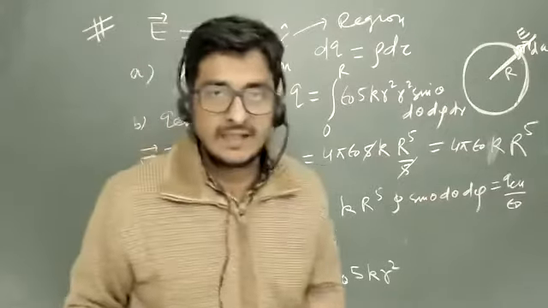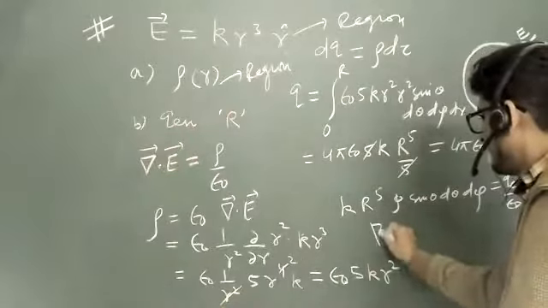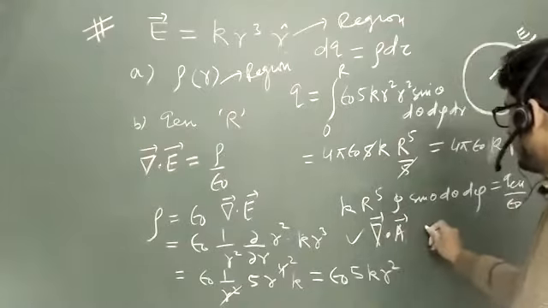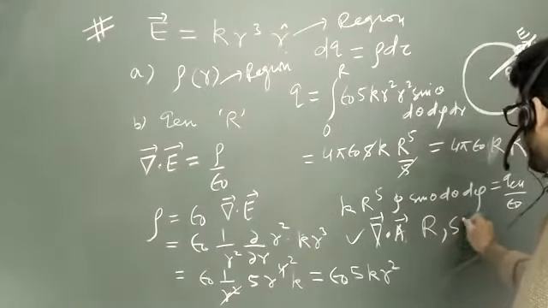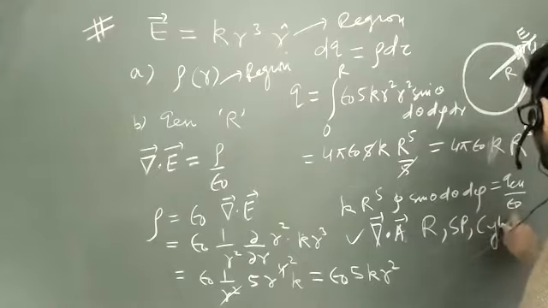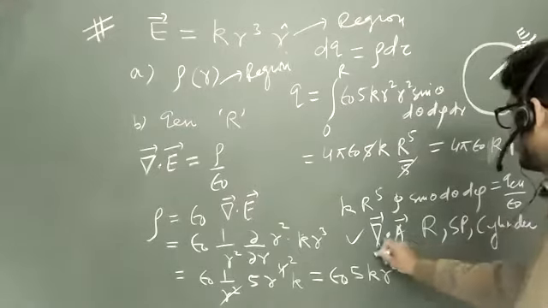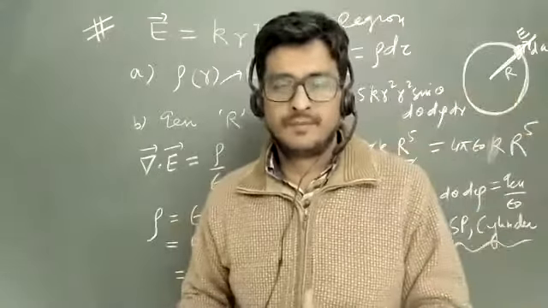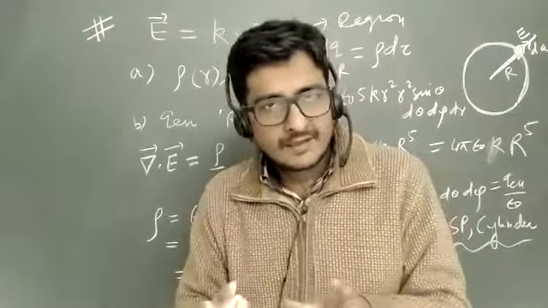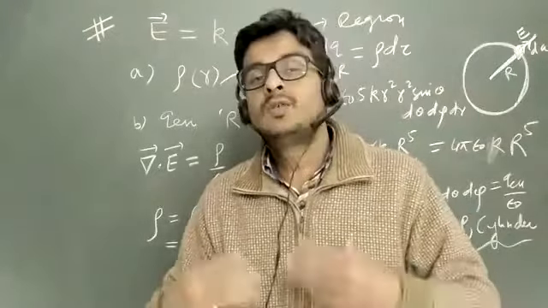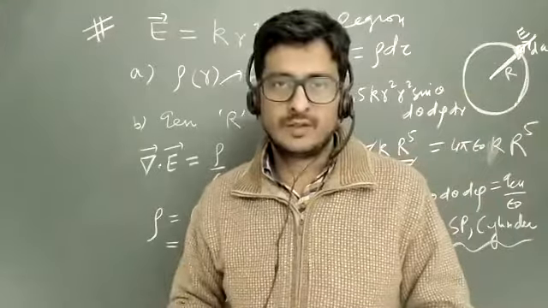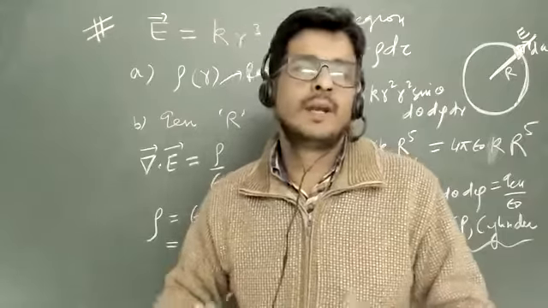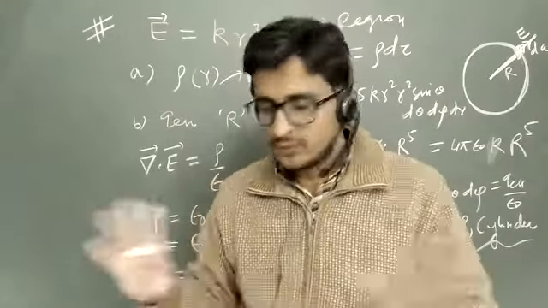And everybody should know what del dot A is. If it comes in one question, you should know it in rectangular, in spherical polar, and in cylindrical. Anything can be used anywhere. This is how you should increase your mathematical knowledge. Whatever is coming along the way, try to grab it for other situations also. So this was spherical polar; you may get it for rectangular or cylindrical. So this question is clear.